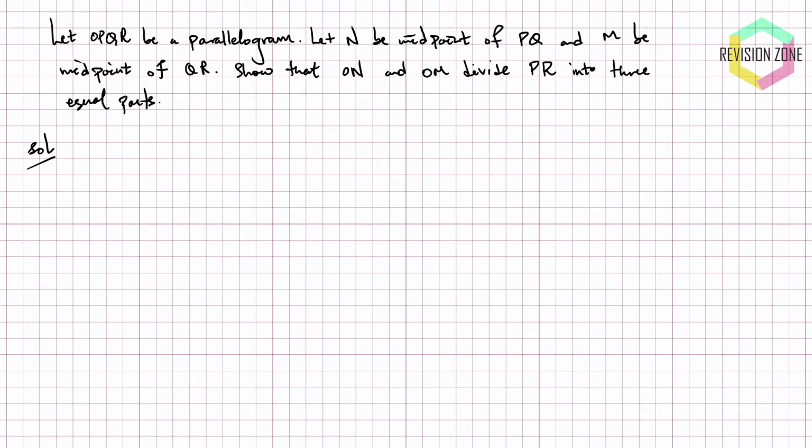In this question, we're given a parallelogram with vertices at O, P, Q, and R, and we are told that the side PQ has a midpoint which we've labeled N, and the side QR has a midpoint labeled M. We have to show that if we go from the vertex O to the vertex N, and repeat that from O but now to M, then these two segments